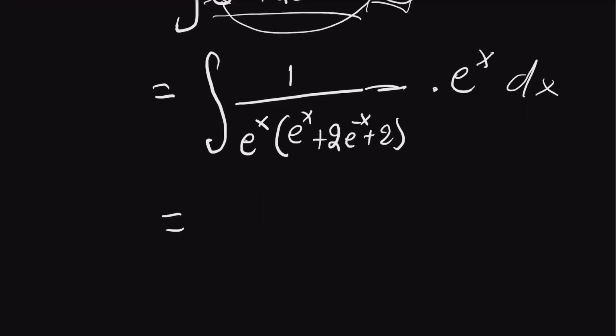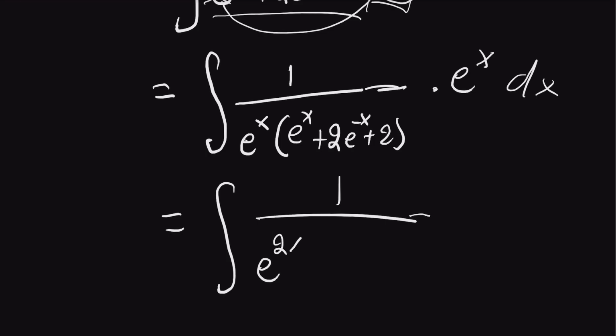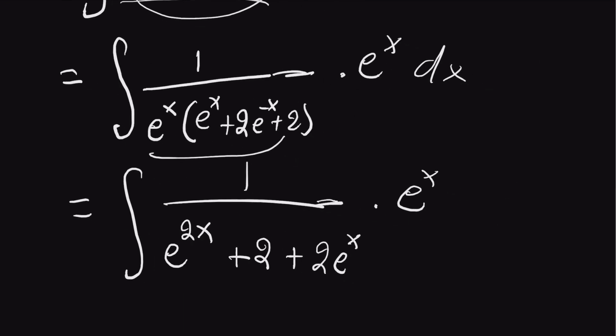Alright, so now if we go ahead and expand the denominator, we multiply e to the x with each term right here. e to the x times e to the x, that's just e to the 2x. e to the x times 2 times e to the negative x, well, e to the x times e to the negative x, that's just 1. So what we end up with is simply 2. And then we have 2 times e to the x, which is just that, 2 times e to the x. And then obviously we still have our e to the x right here